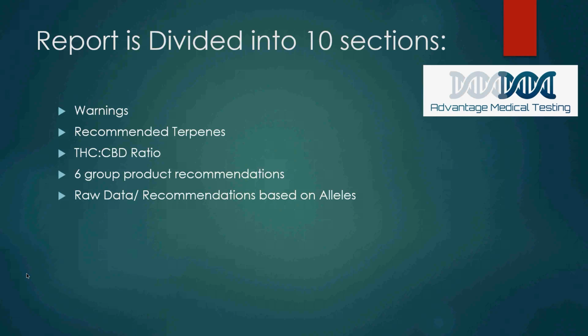The interesting thing here is that even if they recommend a product or a strain of plant for these certain situations, those particular products may not be available by name within their immediate access. So it also gives you the formulas, the important parts, the recommended terpenes for that person's DNA, and the recommended THC to CBD ratio. Therefore, if they can't find a product by name, they can seek out the formularies.